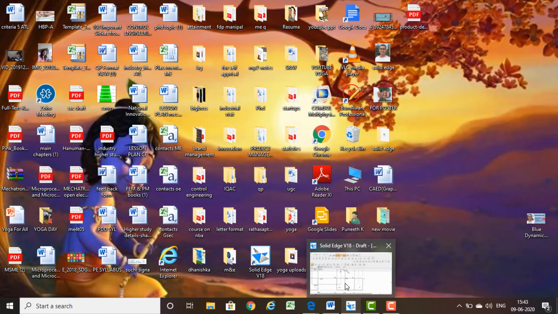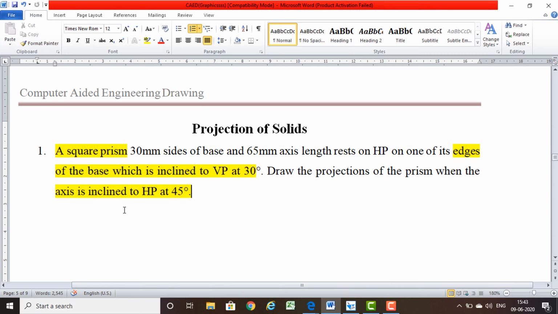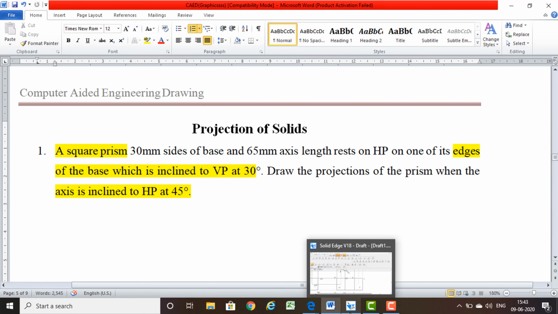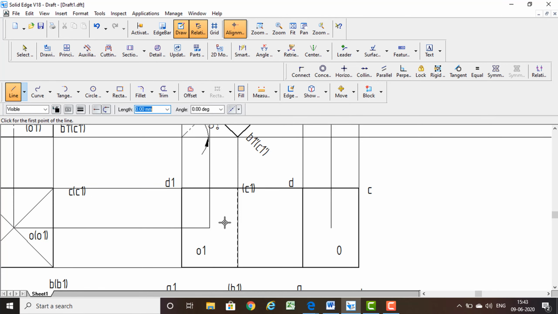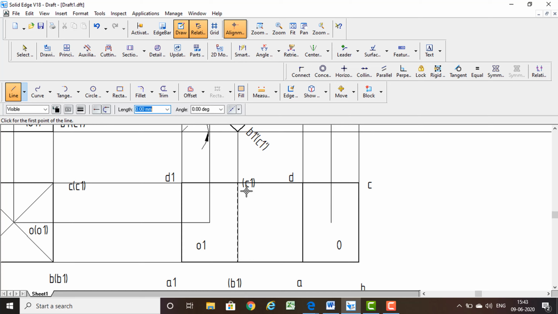So the next thing is, what is the inclination with respect to the VP, right? See here they are telling that one of the edges of the base is inclined to VP at an angle of how much? 30 degree. The base, the resting base, is inclined at an angle of 30 degree. See here it is resting on the edge, that is B1 and C1.